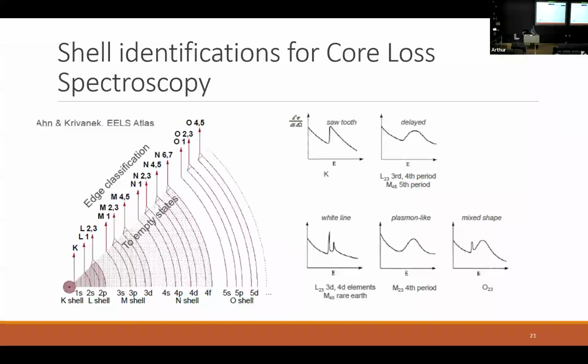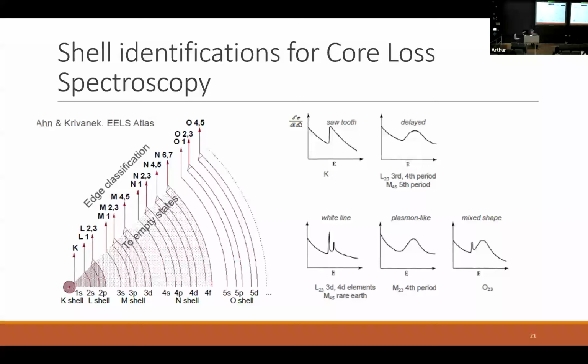So one thing we really commonly do when we're doing EELS, probably the most common thing, is core loss electron spectroscopy. So we're no longer looking at the low loss, we're now looking further out on the energy scale. And what we're seeing here are these transitions I mentioned before when we had the Bohr model and I showed the inelastic electron scattering. We've got our different shells, K shell, L shell, M shell, N shell, and O shell along the bottom here. And depending on where the electron originated, we're going to give it a different label.